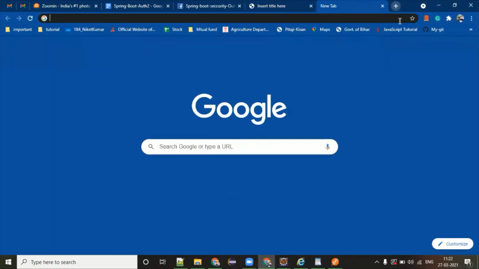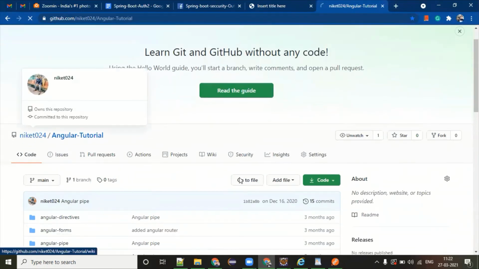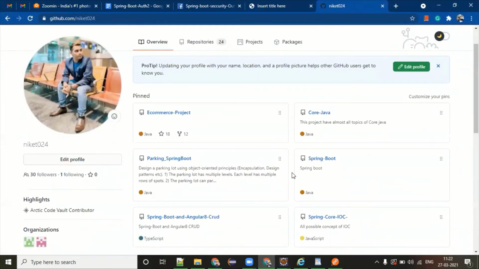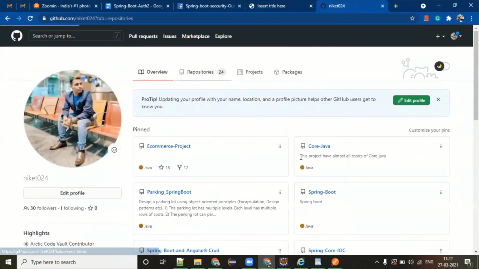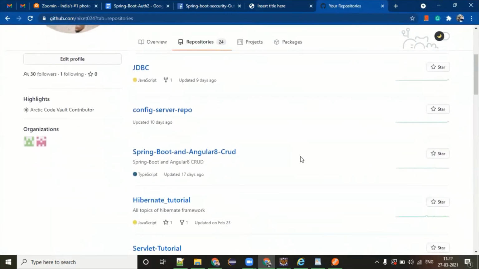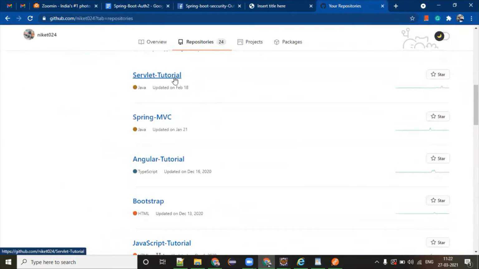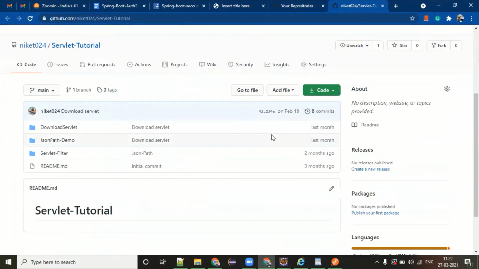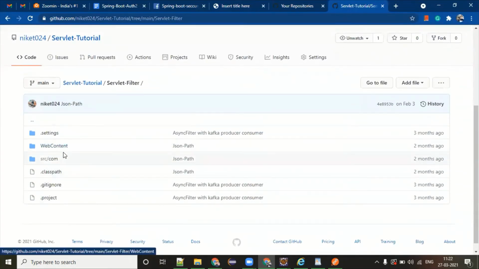Under my Git, yeah, you can refer to this example, how this is working, how the servlet filter is all about.